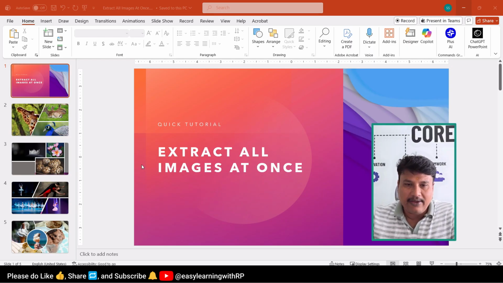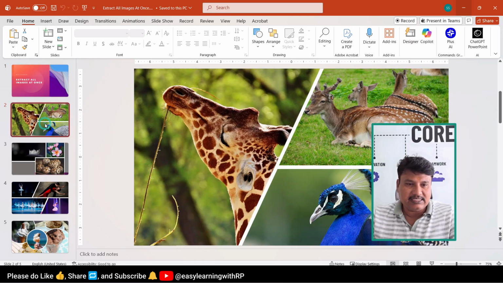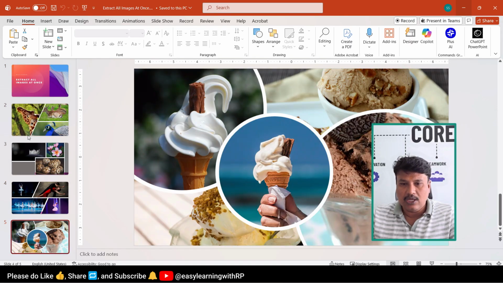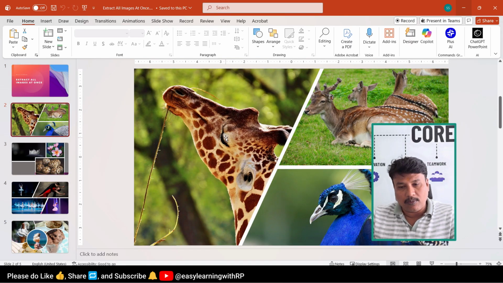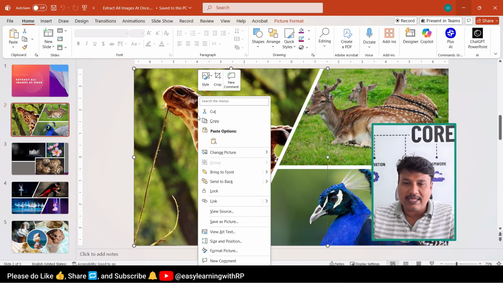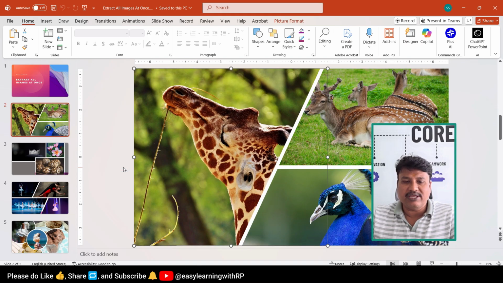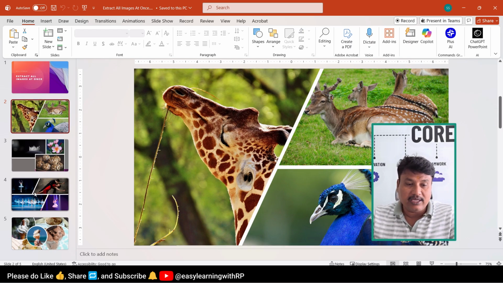Here you can see I have a PowerPoint file which contains different slides with images. One of the easiest ways that people normally use is to right click on the image and click on save as picture, and this is going to save your file as a picture. But if you have a number of slides and a number of images, how can you extract all of them